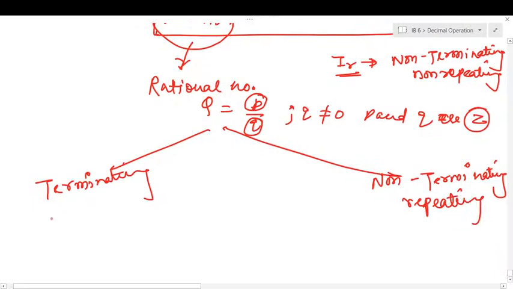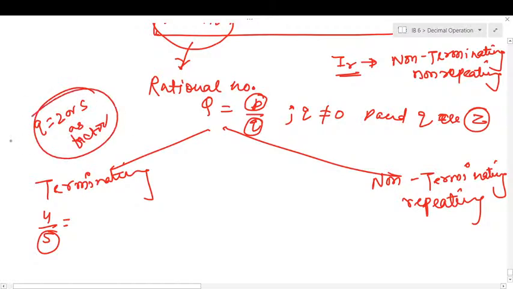If my number is written as 4 by 5, it's terminating. Why do I say it's terminating? Because my Q has 2 or 5 as factor. If Q has only 2 and 5 as factors, it must be terminating. If Q has factors other than 2 or 5,